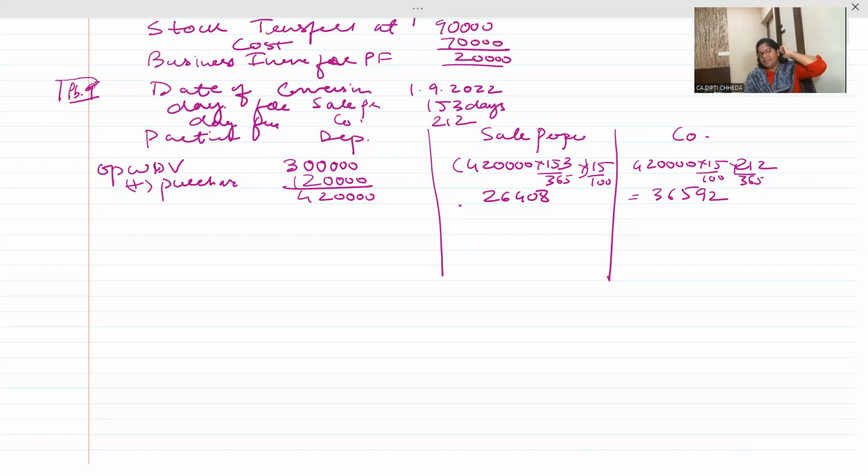Easy? Answer me, is it easy or not? We have just split the depreciation. So this was the story of 1st April. Read. After the conversion, they purchased one machinery in January for 1,60,000. And now this is obviously going to be used only for the company. So on this machinery,